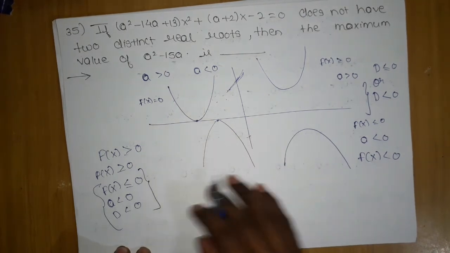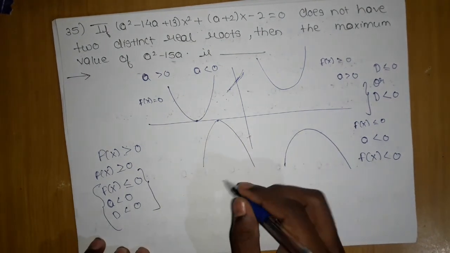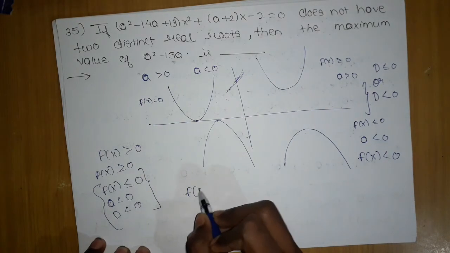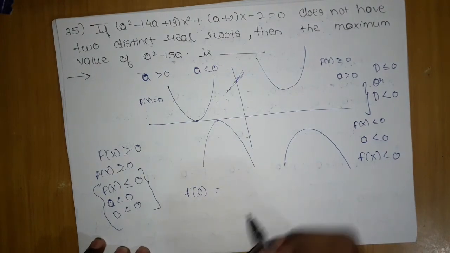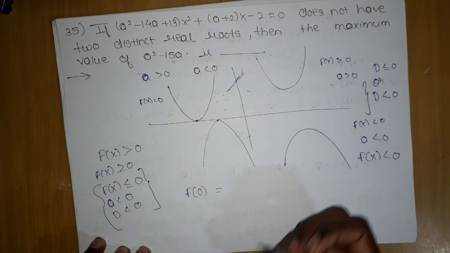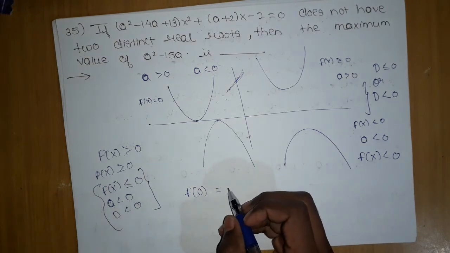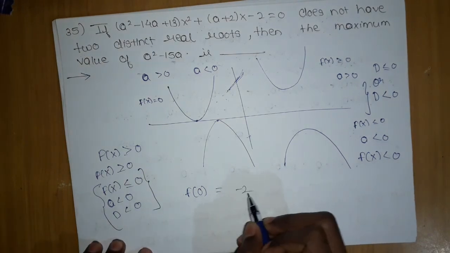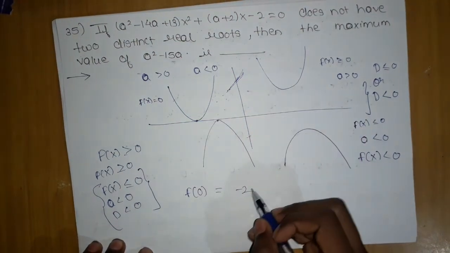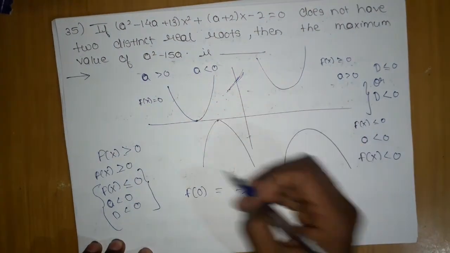All the a negative ones. So now let's check f of 0, because we know f of 0 gives c. That is the thing which you should know. If I put the value 0, what do I get? -2. So I will reject the upward cases. I know I should play in this downward parabola.